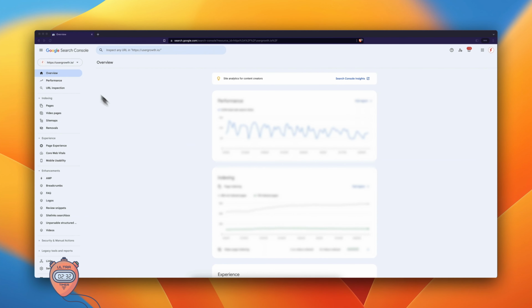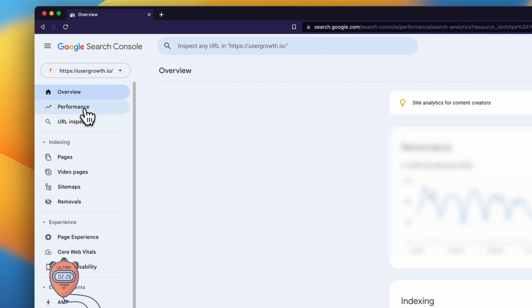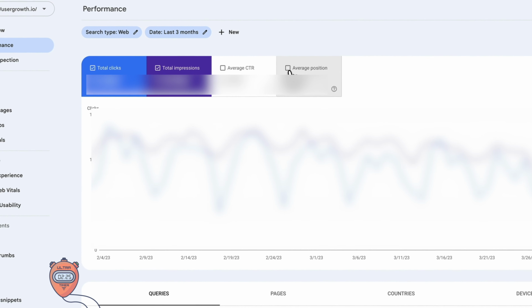So how do you find short tail keywords for your business? Well, here are a few quick tips. Number 1, you can find short tail keywords in Google Search Console. Go to your property in Google Search Console, go to Performance in the left menu bar and click on Search Results. Click Queries and sort the list by the number of impressions.